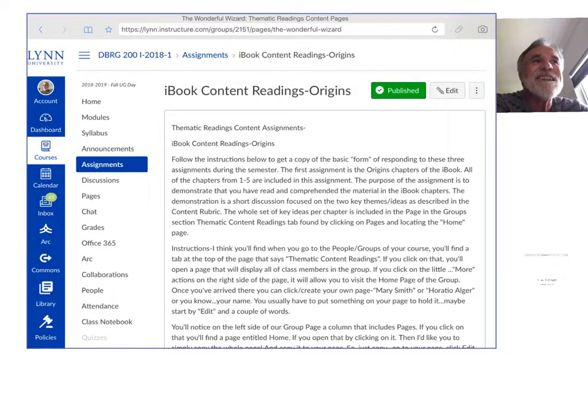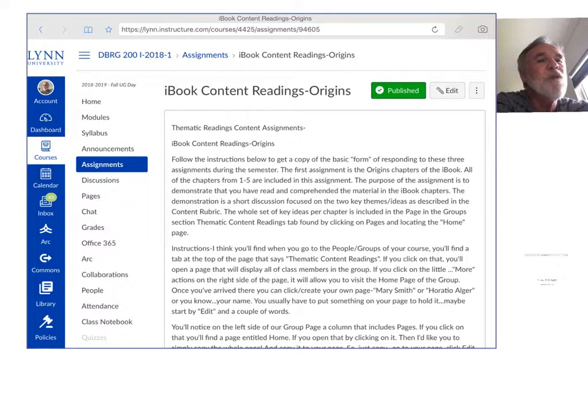Now the assignments tell you when that first assignment is due. Let's go back and find out when those first 4 readings are due. I click back to DBR 200, all right? And under assignments, I'm asking you to read those first 4 chapters, and to try to comment on them by September 24th.